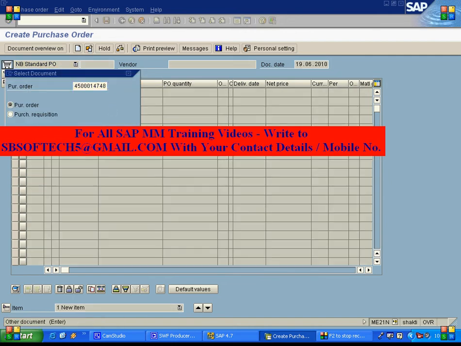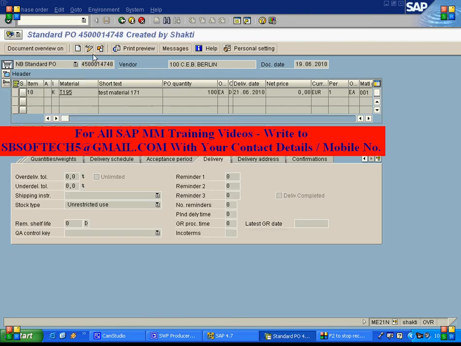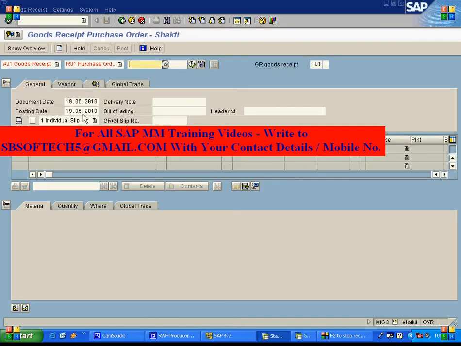And we'll do the goods receipt for this material. This is the PO number, and I will go to transaction MIGO. I am doing goods receipt against purchase order. Execute this.